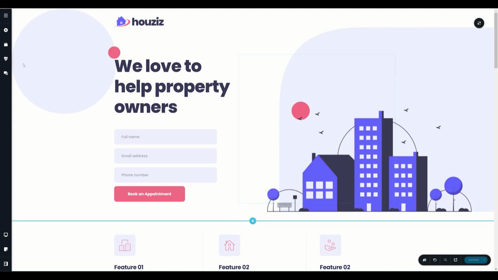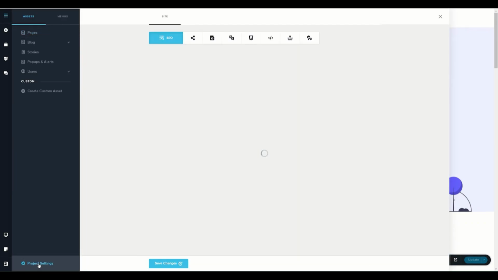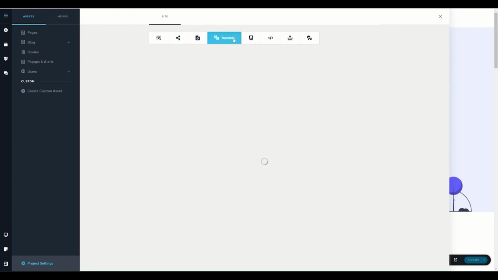To enable this, we go to the CMS dashboard and then go to project settings. And you will see we have the option here in the toolbar at the top to click on translate. The first thing we need to do is to make sure what is our original site language. In this case, it is English, so I leave it on English. But if you composed your original site in a different language, like Estonian or Hungarian, then you select it over